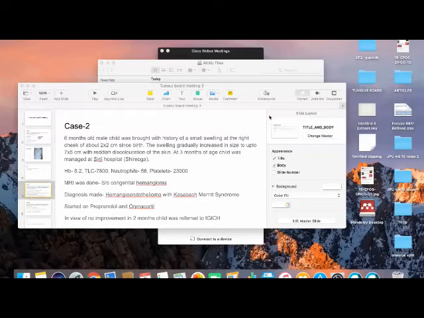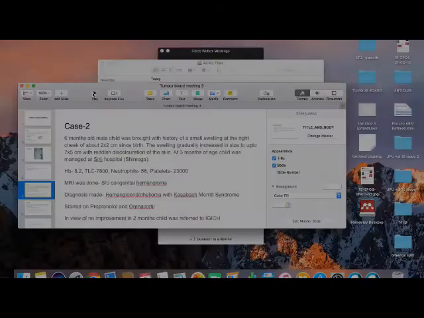So we got an X-ray done. This was the X-ray, which showed the left side was fairly normal, but on the right side there was some homogeneous opacity in the right middle and lower zone. So we suspected a mass lesion. Based on the X-ray, at this age of 1 month, we thought it was probably a pulmonary sequestration or some intrapulmonary mass. So we went ahead with the CT scan. Can you please describe the CT scan findings?